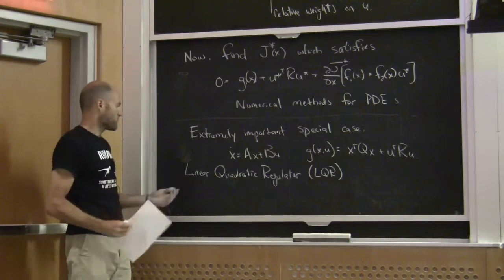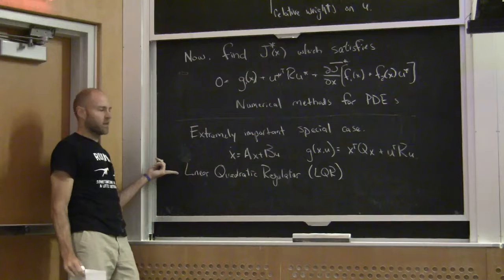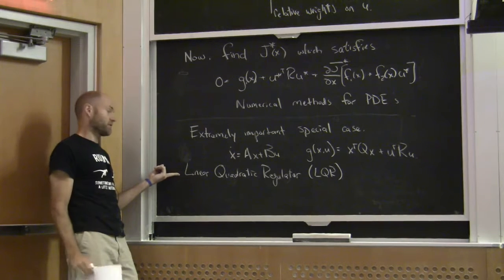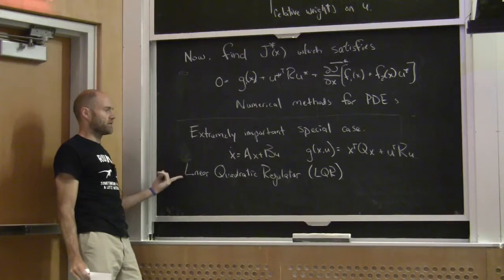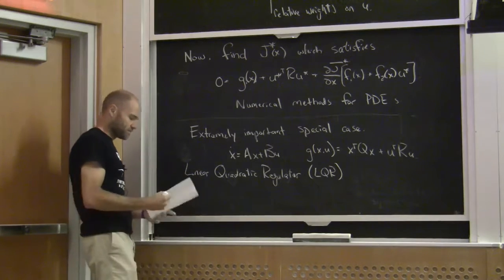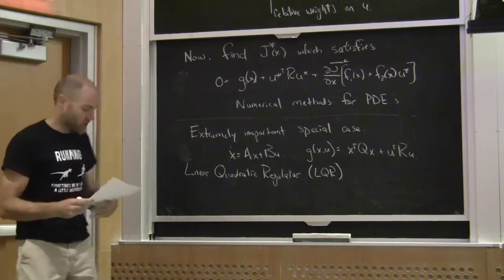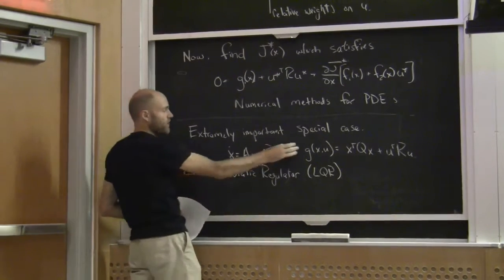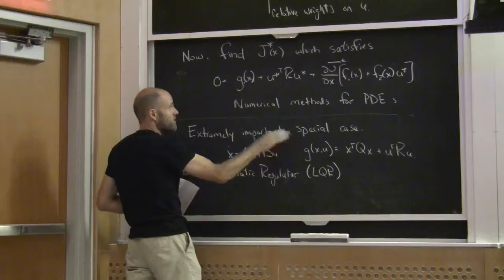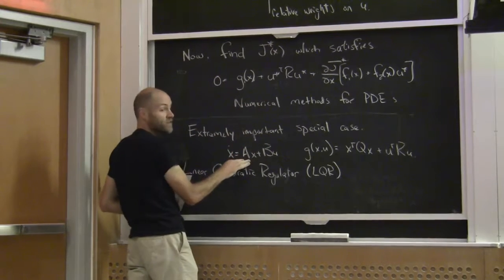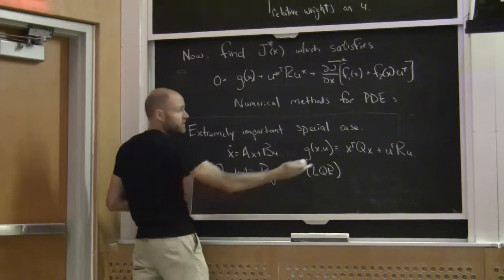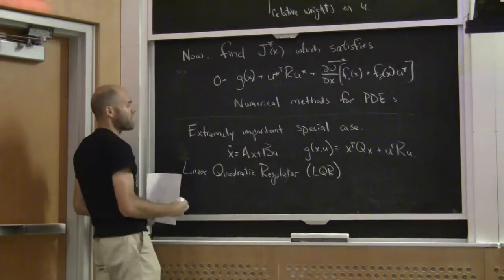LQR is almost certainly the most important result in optimal control and probably in modern control. It's fantastically powerful. So how does that play out? Well, the magic that makes this problem solvable when the system is linear and the cost is quadratic is that